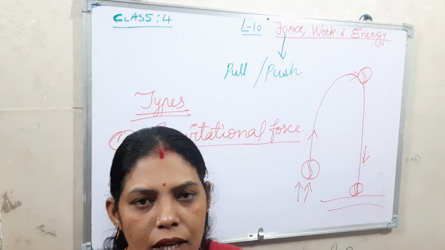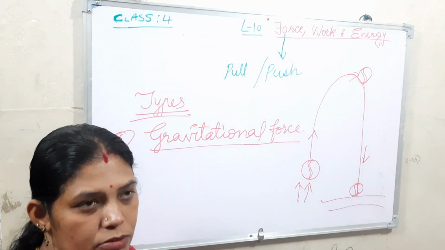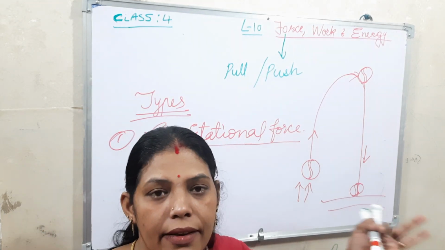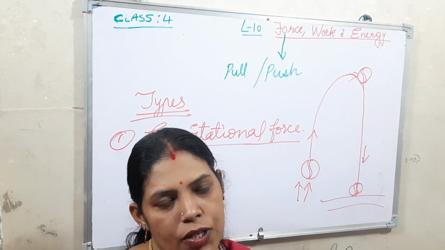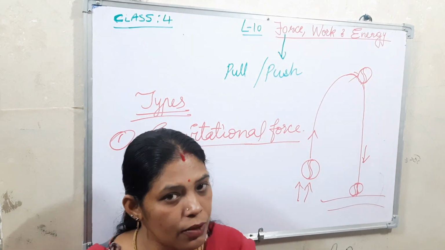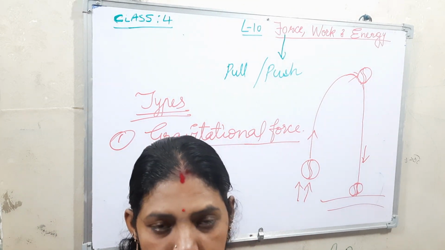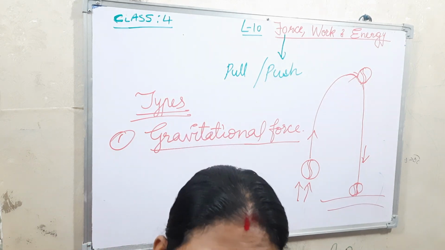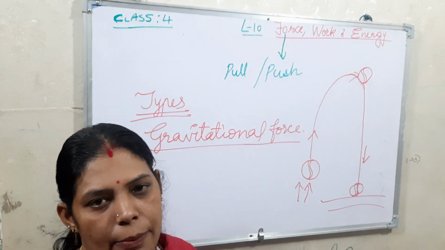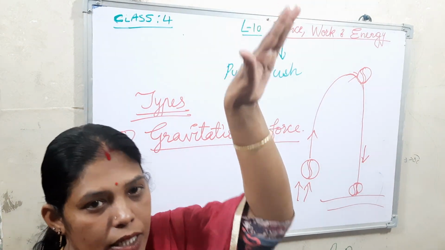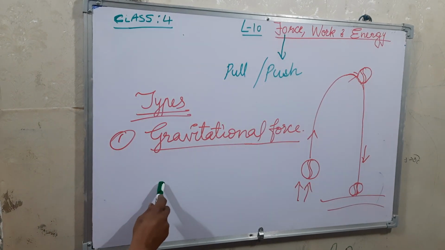Towards the earth it is on the top layers, there it is more. We can also ask why the air stays in the atmosphere. That is because of the gravitational force. The fruits falling from the trees and the dry leaves falling from the trees, everything falls onto the earth only, because it is coming down only, not going upward, because of the gravitational force. So, understood about this gravitational force.